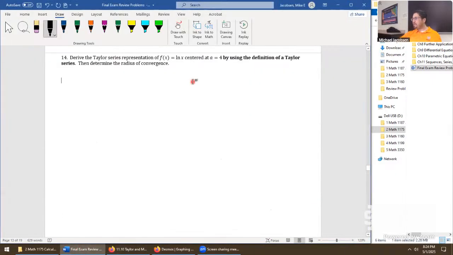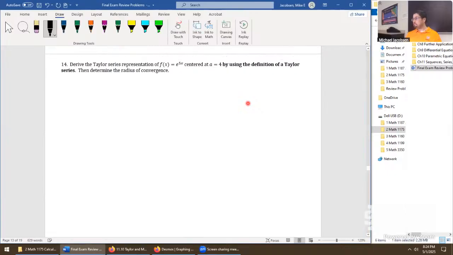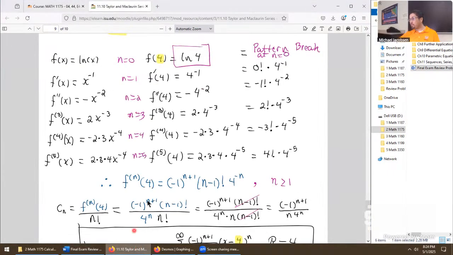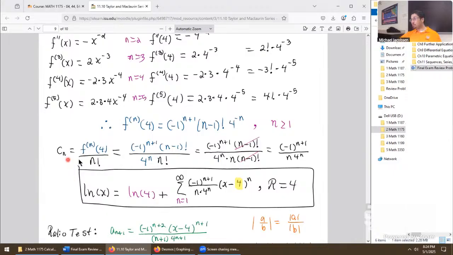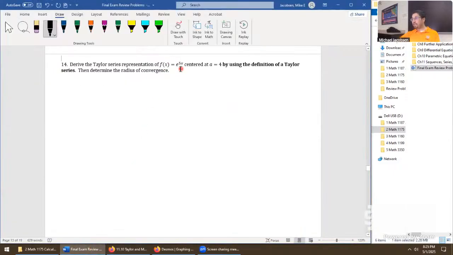So maybe let's change this one up to say, just for the sake of a little bit more variety, how about e power 5x? A little bit different. Is that okay with folks on this one? Okay, I hadn't noticed until now that that seems really familiar. This is the strategy if it's natural log x. It's kind of an unusual one because it has one term that didn't fit in, and you do a lot of work sorting out the coefficient. Let's try it again with something new and different.